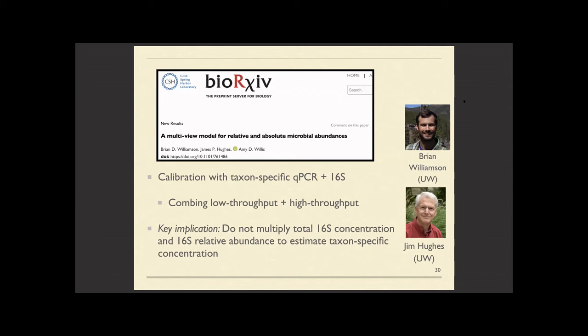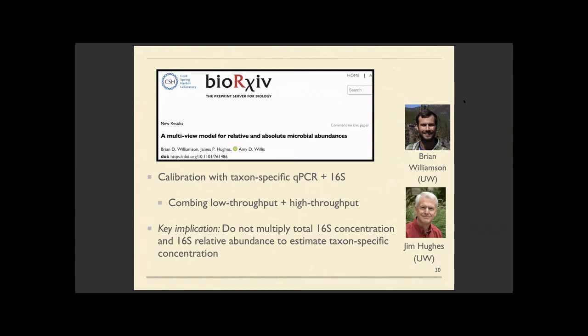So one thing I just want to flag for this community, I'm trying to get this message out there, is that a lot of folks look at relative abundance data obtained from shotgun or 16S data and they say, oh, we saw 24% of reads mapped to Firmicutes genomes, and so therefore the relative abundance of Firmicutes genomes in our environment is 24%. So I really want to move away from that language. Our relative abundance data is not representative of the communities that they're taken from.